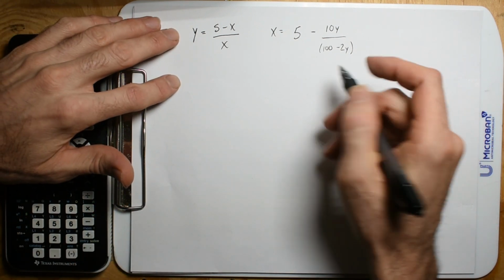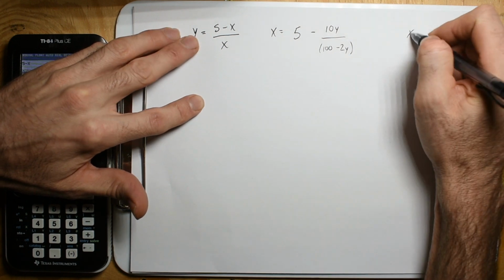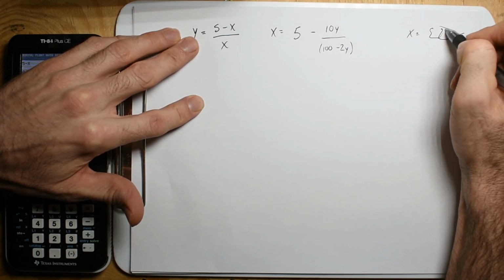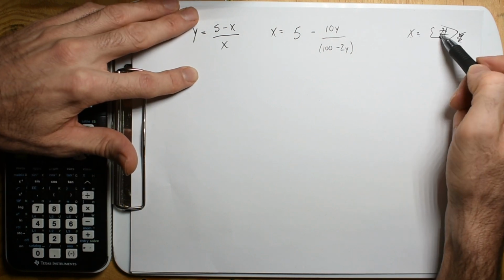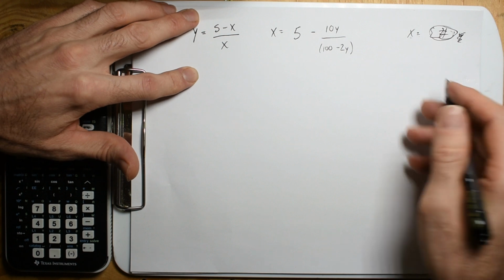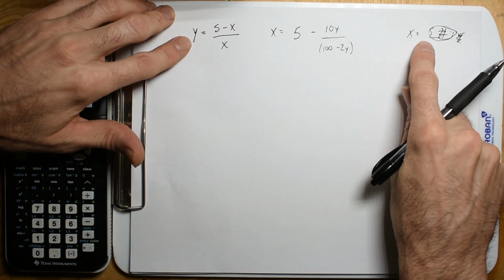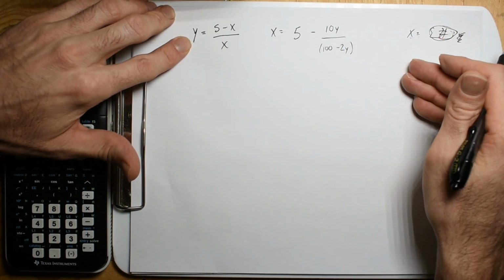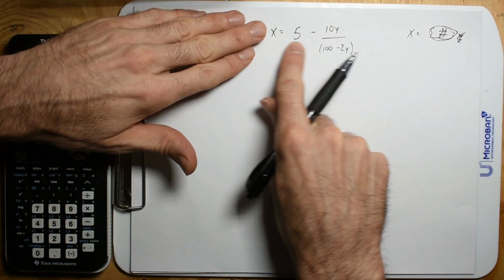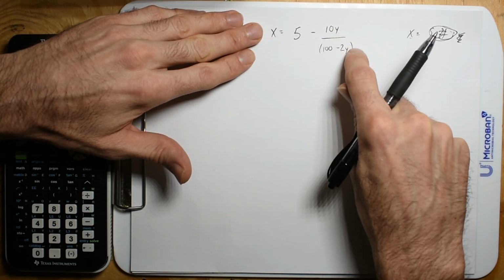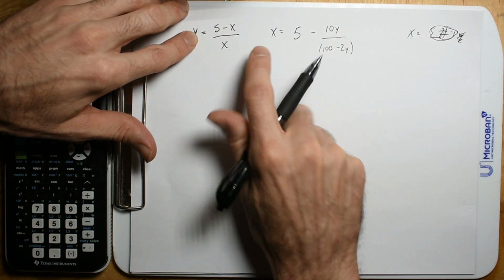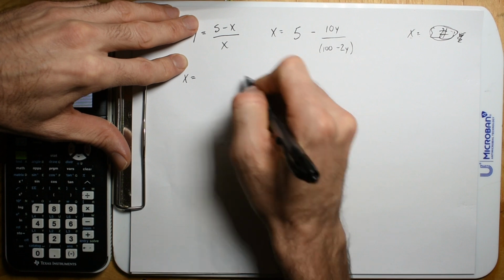Okay, so now what we want to do is get an equation that says x is something. No, just x is a number. We're trying to get x is just an integer, the same thing that we did for y. So we need to get x all by itself, and the easiest way to do that is to take this equation, and everywhere we see a y, throw in this equation. So, all right, we have x is equal to